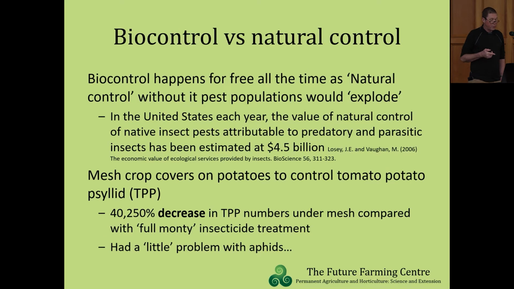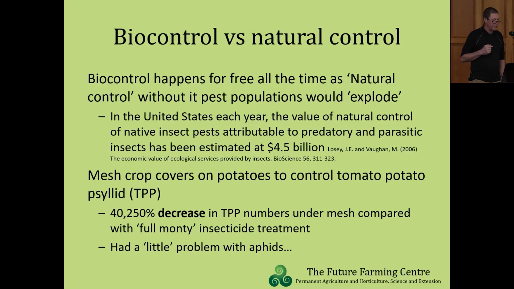And a couple of examples here. There's one paper from the States. They estimated that natural control of pests, diseases and weeds and stuff in the States was worth $4.5 billion US. That's quite a lot of money. This stuff's actually worth an awful lot of money on farm and on orchard. I think that's actually probably quite a significant underestimate, because from my second example here, I did a whole load of work